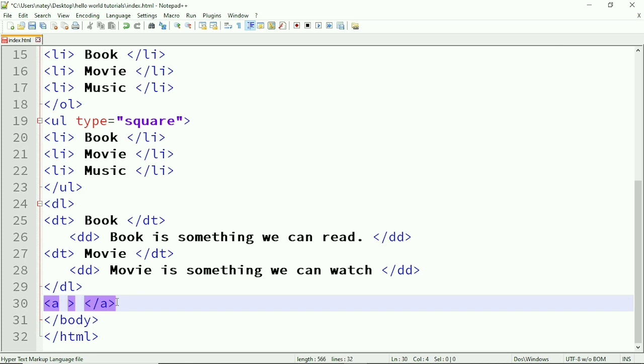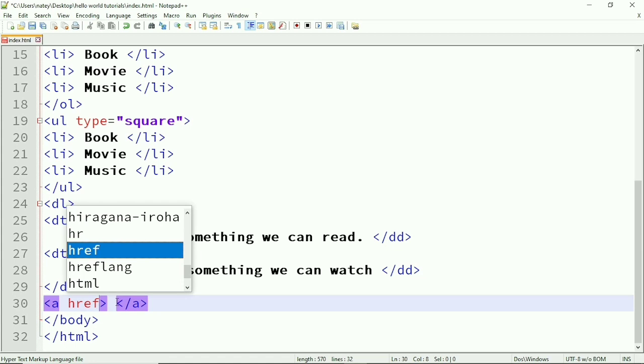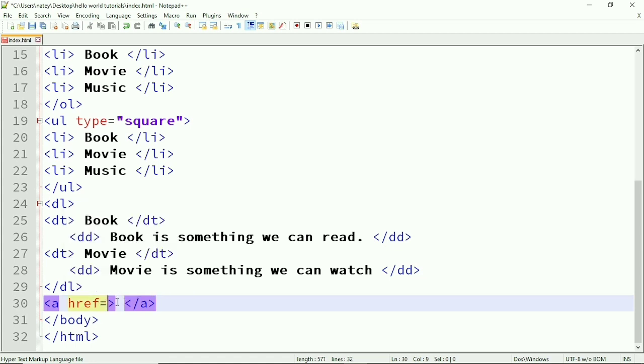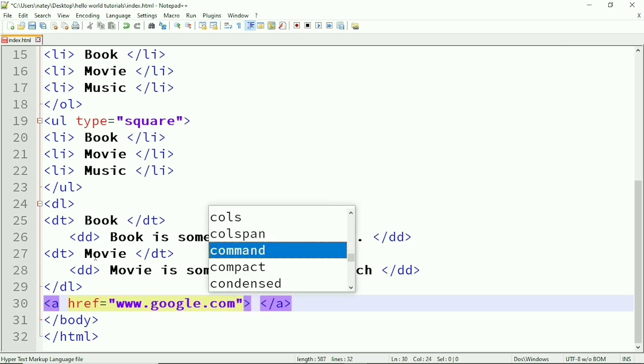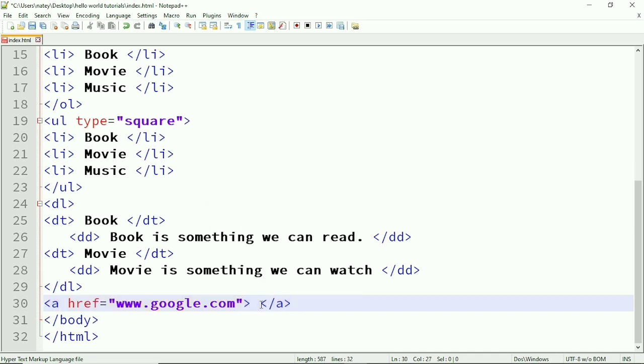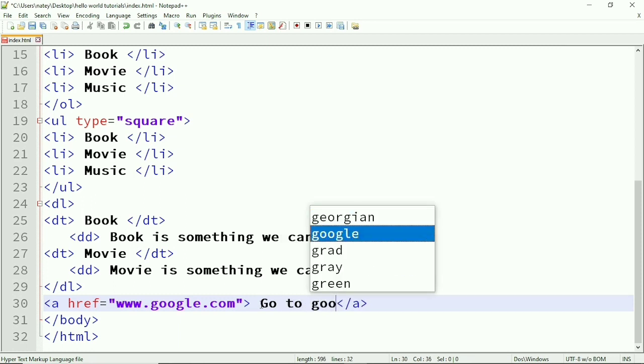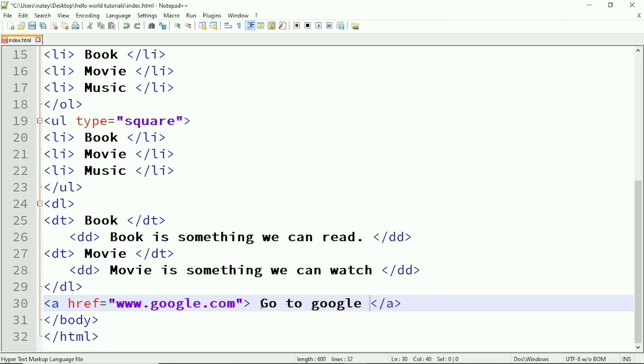The anchor tag has an attribute called href. This href attribute holds an address or URL to the external website. Let me say www.google.com. Here in this part I'm gonna add the visible part to the users. So I'm gonna say go to Google website,